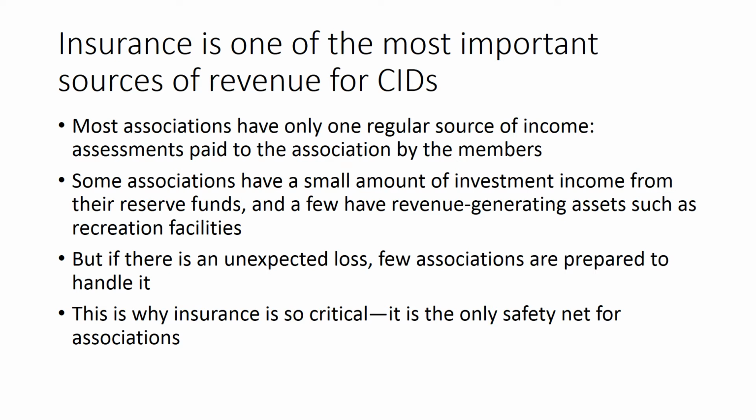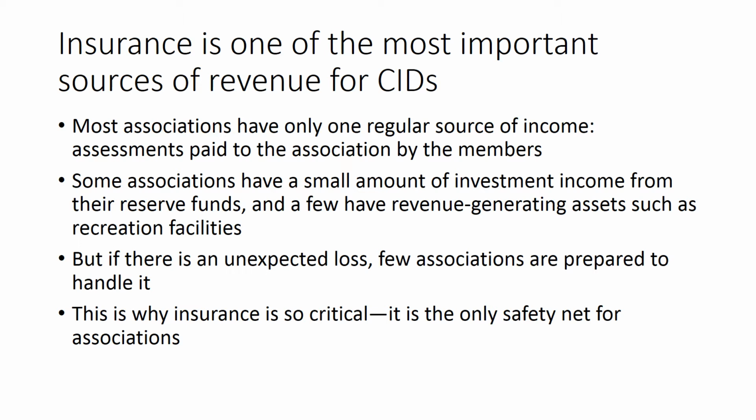And just to recap, as you understand, most associations have only one real source of income, one regular source, which is the assessments that the members pay every month. And as we've talked about, some associations might have a small amount of investment income, but very few have anything else. And so, if there is an unexpected loss,